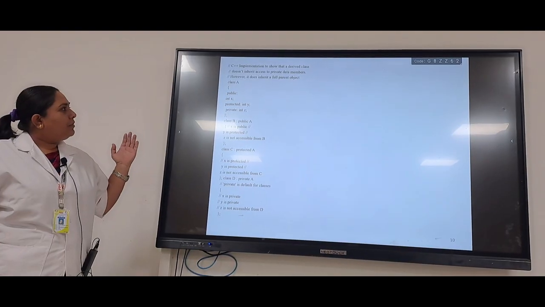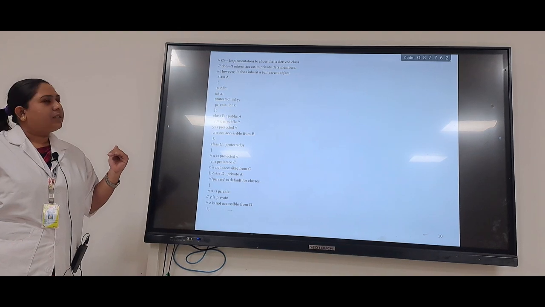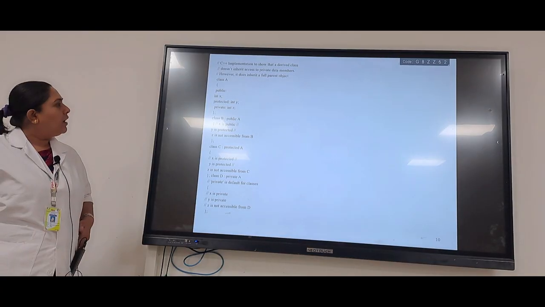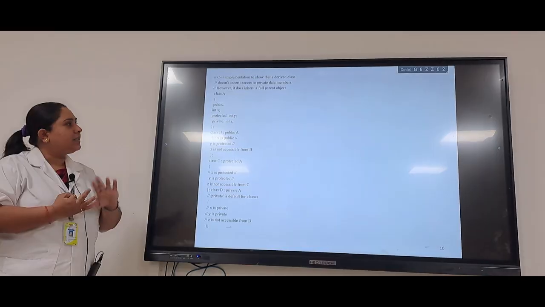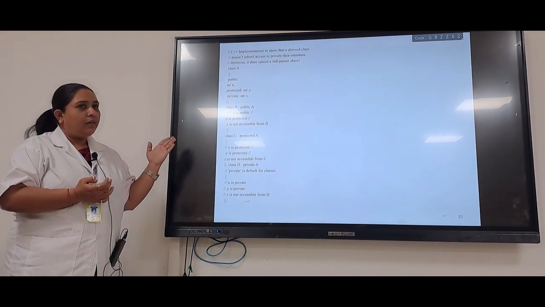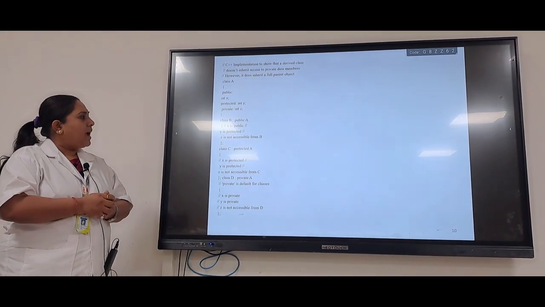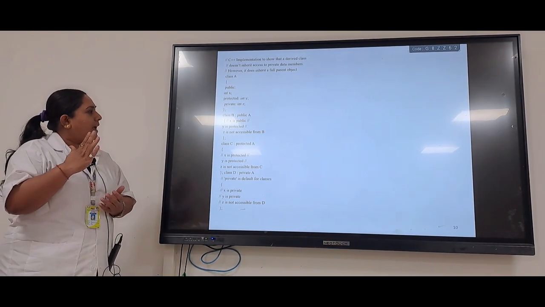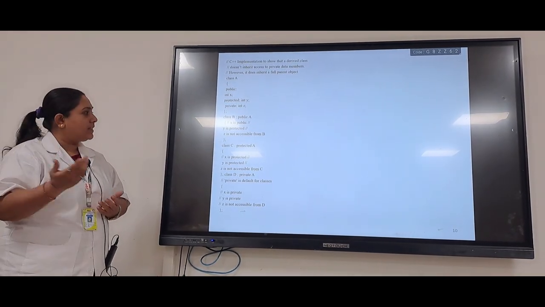Here I have defined a class A in which there are data members: X, which is public, Y, a protected data member, and Z, a private data member. So I have defined three different data members inside my class A, and I am inheriting class B from class A. Inside B, X is public, taken from class A, and it is accessible.